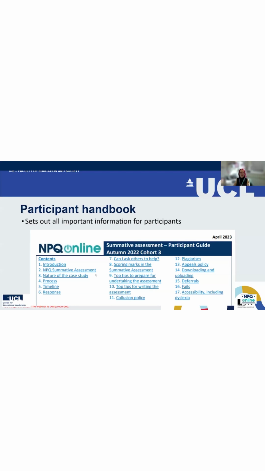And then my final thing is, this is an old one, but it looks exactly the same for your cohort. On UCL Extend, you have got this document. This is your absolute Bible for your assessment. Print it out and store it. If you store it electronically, all of these things are hyperlinked. It's got all of your information in there that you're going to need. And if you print it out, you've just got it in front of you all the time. So for me, that is the most important document.